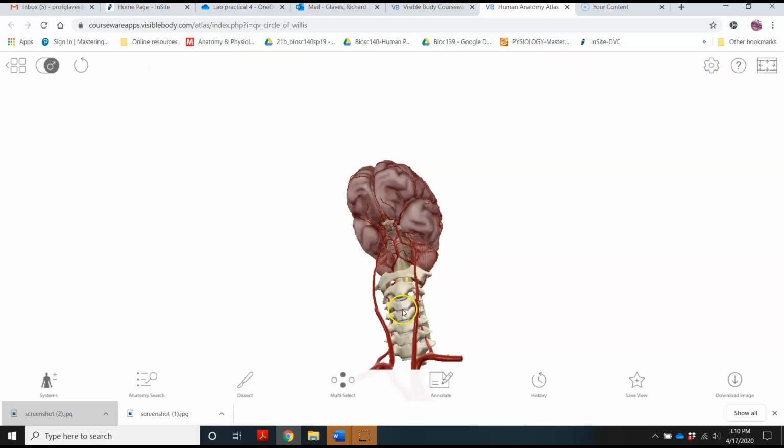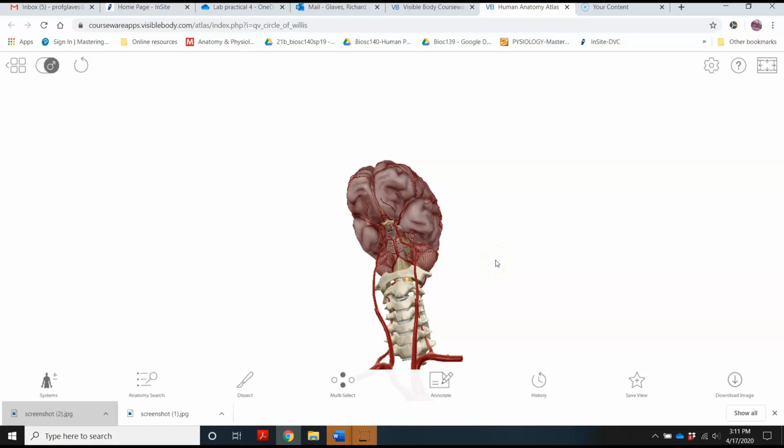In particular, the arteries that we're going to be taking a look at are all found right here on the base of the brain, from the brain stem to the bottom part of the brain. Now, what I really like about this program is you have an ability to move this model any way that you would like. So first off, you can move your body, so to speak, to look at the model from a different place by pressing